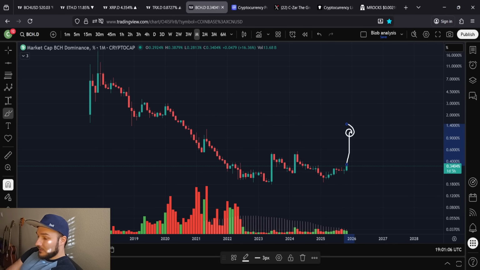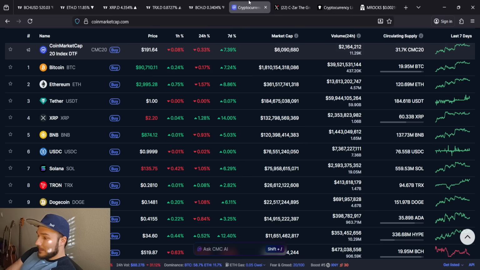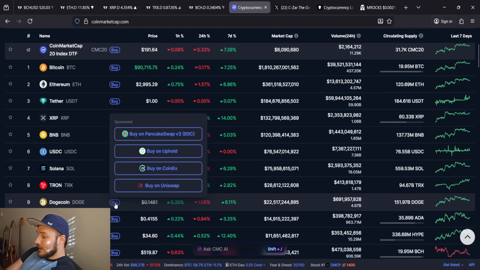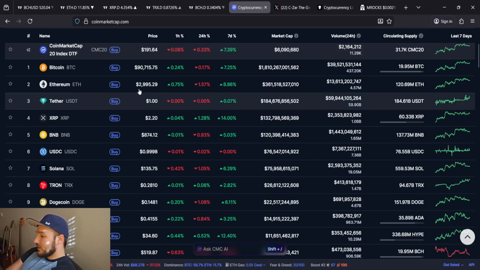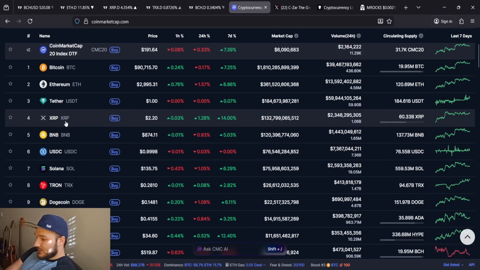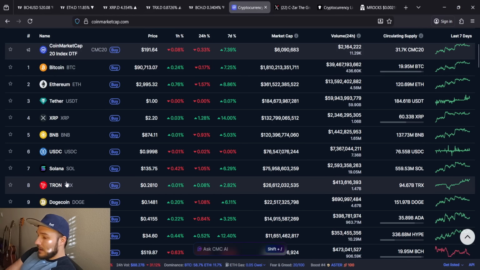I just wanted to get on here and show you guys the top 10, including stable coins, the top 12. Show you the dynamics that are at play and which ones out of all of these are gaining dominance in these hard times. Tron, XRP, and Bitcoin Cash very well could be ones to watch. And Tron's chart might be the least sexy of the three, let's be fair, but it's the most safe.